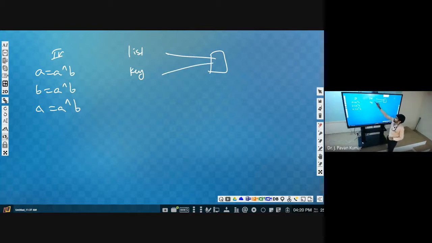In the list, how many values will be there? That also we have to take as the input. Okay, n values, then list those n values. What is the value of n? That is how many values we have, and what those values are. Then the key value. After taking this, we have to check whether this key is present in the list of numbers or not. If it is present, we will say found, otherwise not found.